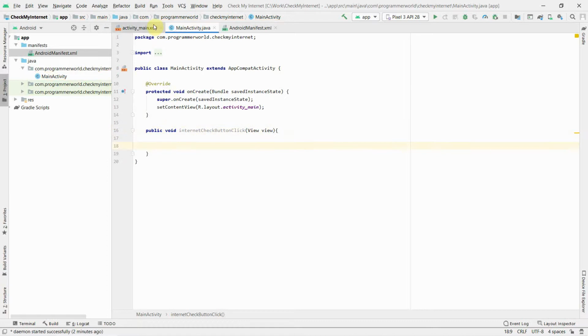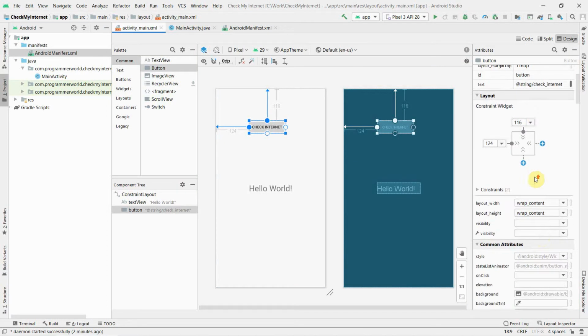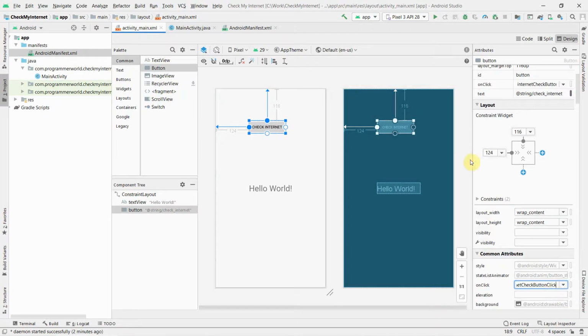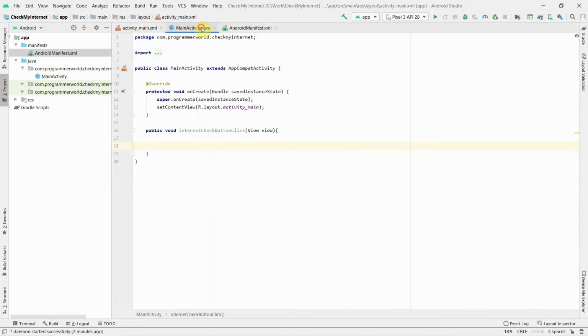Now I'll go back to my design, and over here in the onClick attribute, I'll set this so that whenever this button is clicked, this particular method in Java code is called.